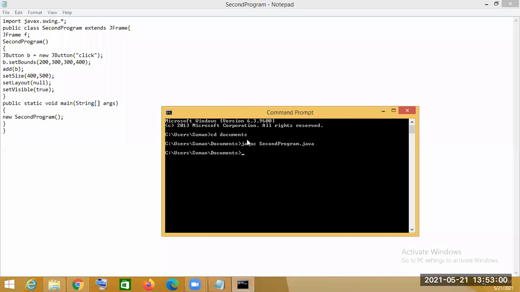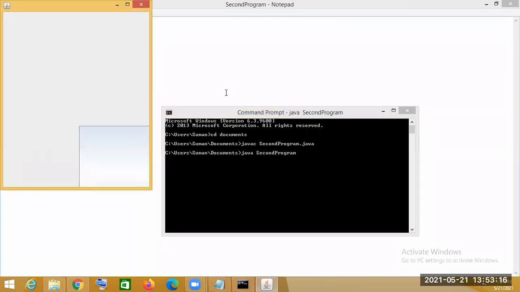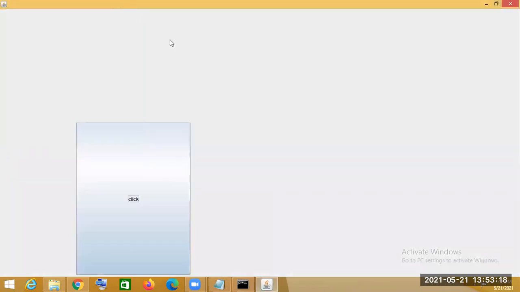So there is no error. You can see it is created.